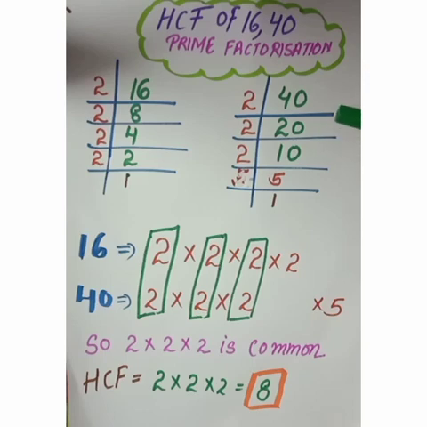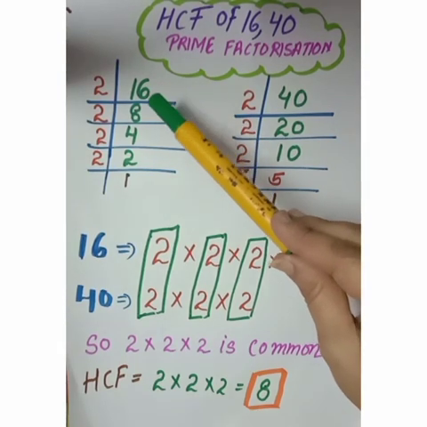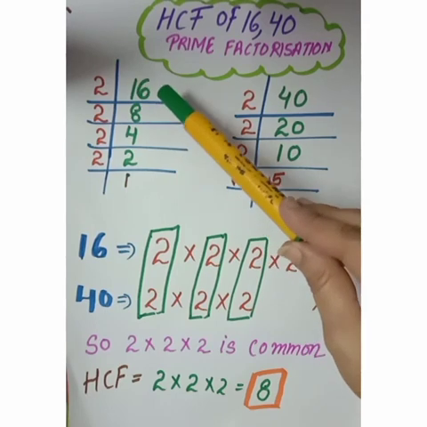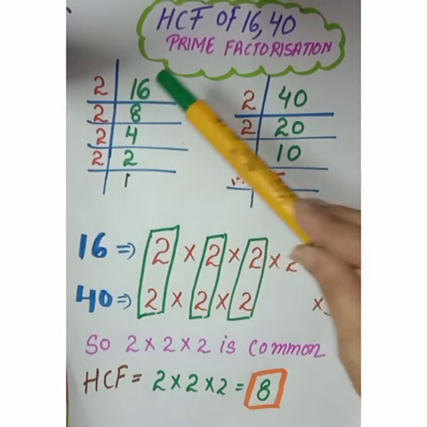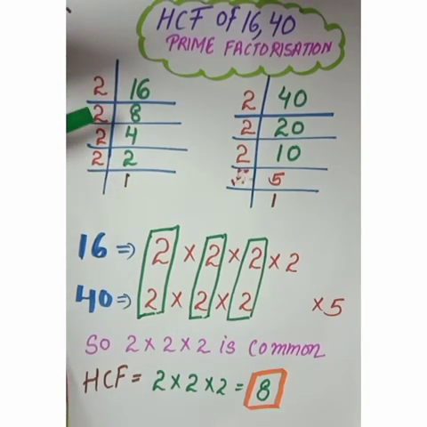You already know how to find the prime factors for the number 16. It means we have to just divide this number by the prime factors. So we'll start with the smallest prime number, that is 2. Firstly we divide 16 by 2. Then we got 8. Then 2 divided into 8 is 4. 2 divided into 4 is 2. And then 2 divided into 2 is 1. So where we get the 1 over here, we have to stop there.